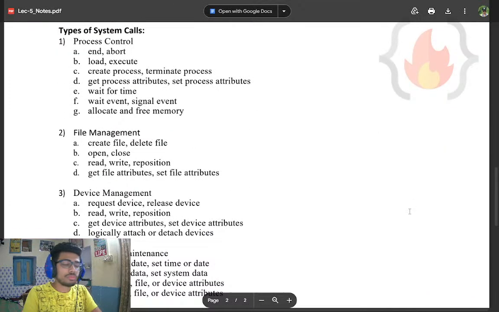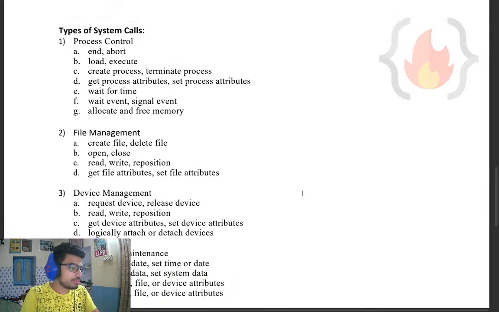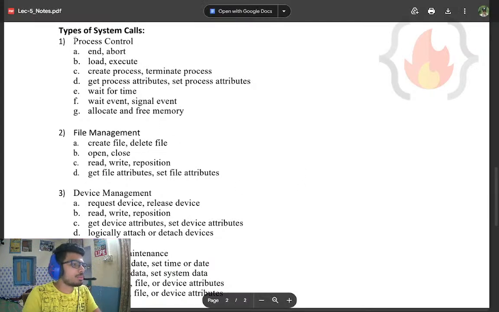Now there are multiple types of system calls. We will discuss them one by one, and after that we'll move forward. The first type of system call is process control. Let's say you want to control